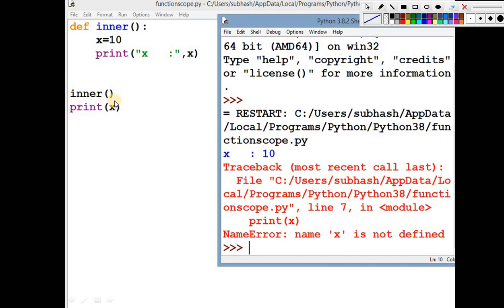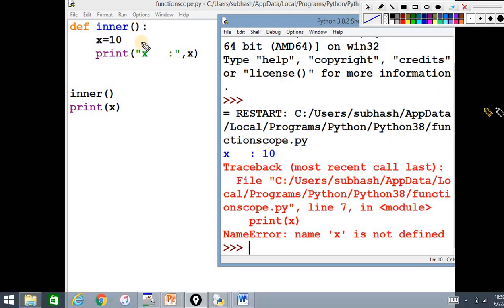There is no separate main program written; this is the section we call the main part. In the main part we are calling the inner function, not defining it. This part of the inner function is called